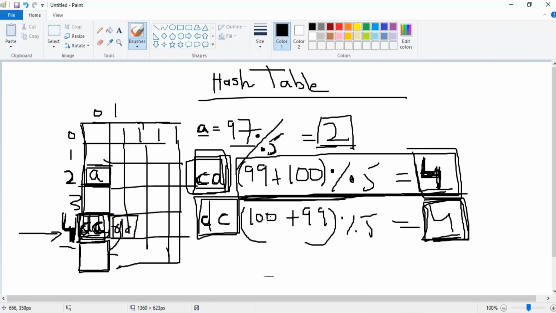And if we get another value that calculates and outputs the same index, let's say it calculates 4, then we will go to the same row number and go through the columns one by one and check if any column is empty. Let's say that the 2 is empty, then we'll go right here and put that value inside it. Alright, so this is the second way, but again it's not the appropriate way to do this,